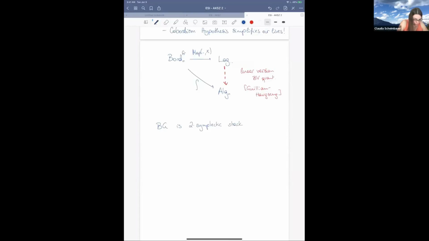And this comes from the Killing form. So the Killing form is a symmetric pairing on G with non-degeneracy. And in particular, if you wish, it gives you a map